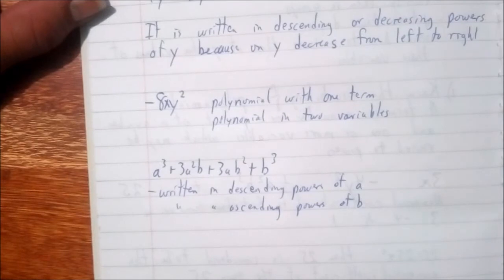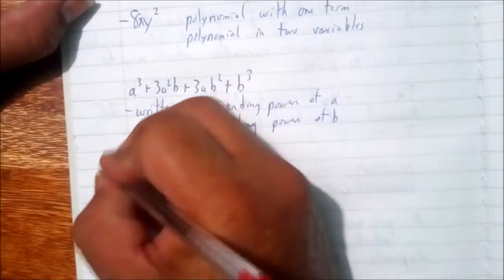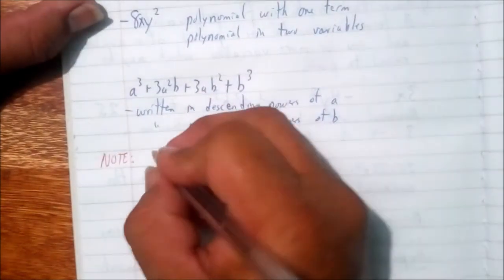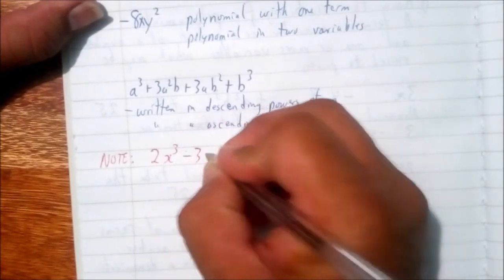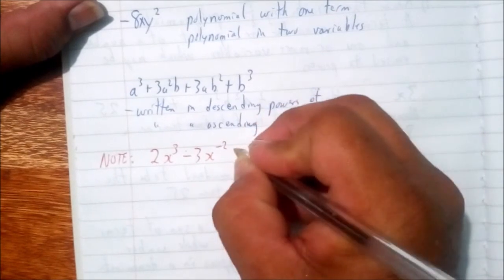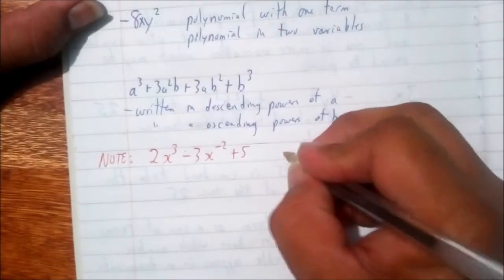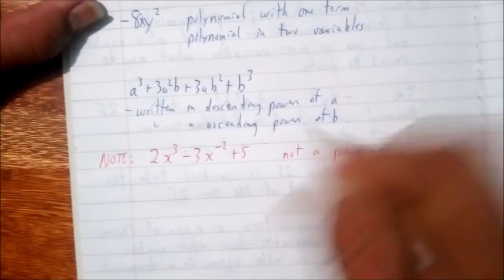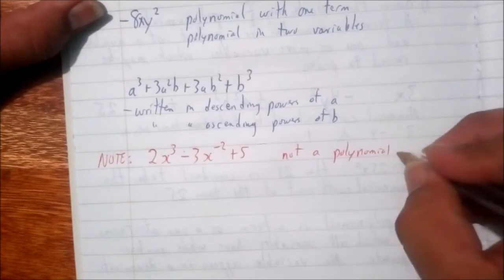All right, now caution. Let me write this down. These are cautions we need to take. If we have an expression 2x cubed minus 3x to the negative 2 plus 5, this is not a polynomial. After we have gone through the description just now, this cannot be a polynomial, because